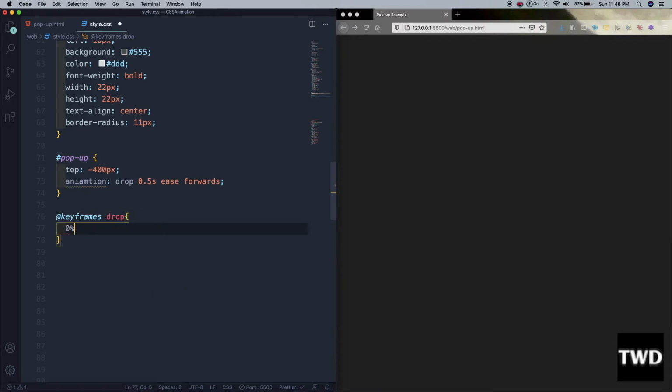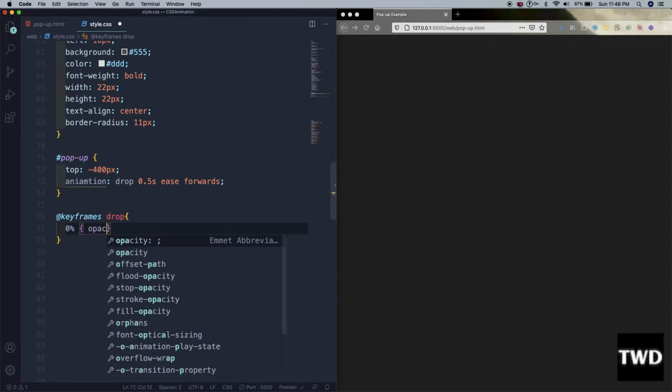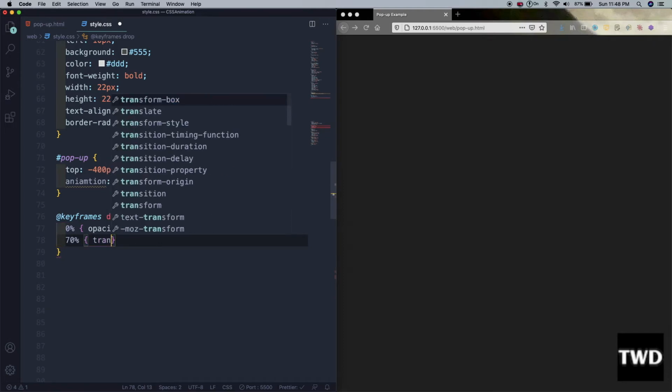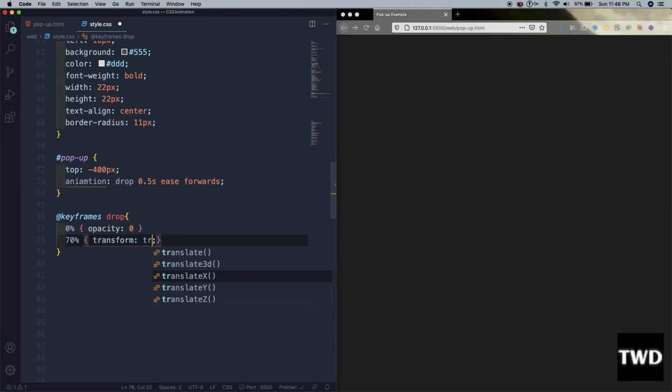So we are using the percentage thing now, as we can use from and to also, but we can use this also. Opacity is 0 at 70%. Transform translate y, because this is the y-axis. Transform translate y 700 px,